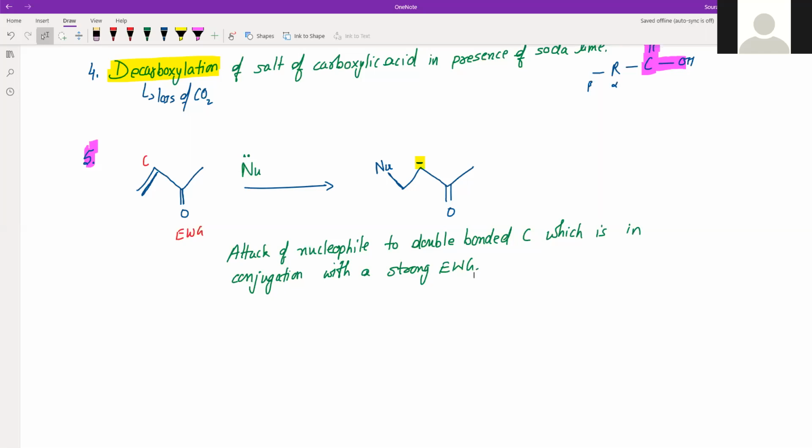Right? So these are the different ways in which the stability of carbanion and the stability of carbocations are related. So next and the last topic in this sequence is free radicals, which we'll see in the next class. Any doubt till now in carbocations and carbanions?